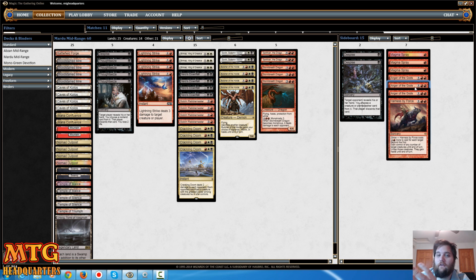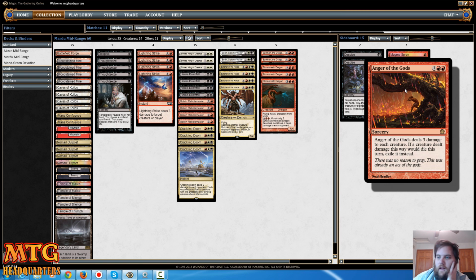It takes care of a lot of things. What is the card I'm thinking of? The Fleecemane Lion. It takes care of Fleecemane Lion. Takes care of Rabble Masters. It takes care of tokens. If you have time to cast it...